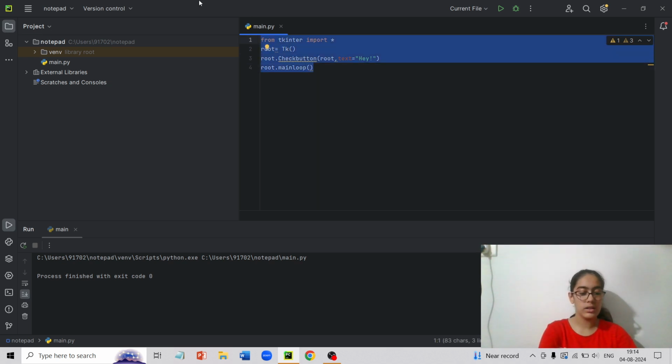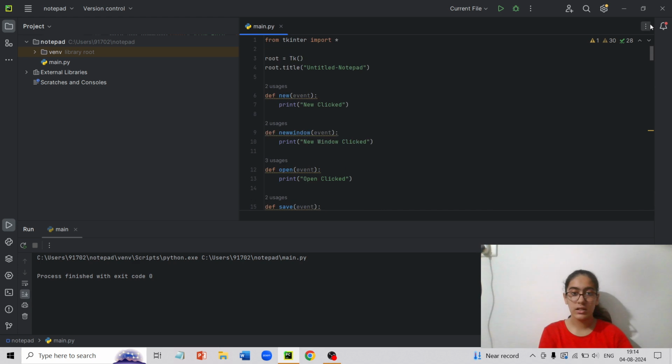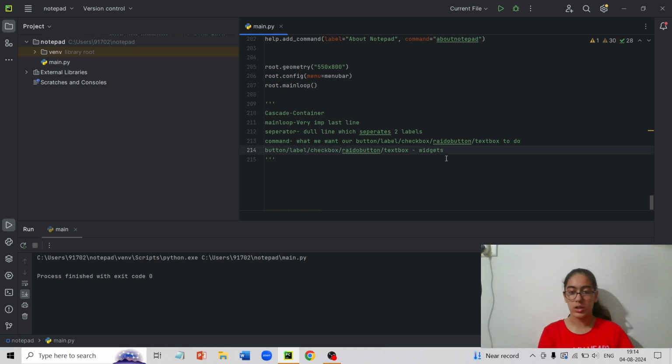Let us go back to our program. So all these are the very important points which you need to understand. I'll just revise everything. From Tkinter imports, of course importing is very important.